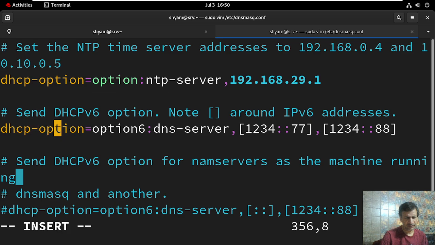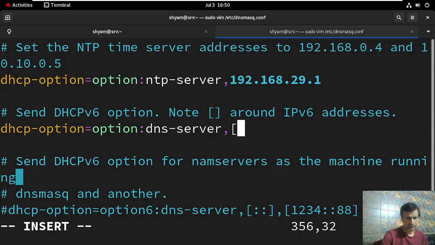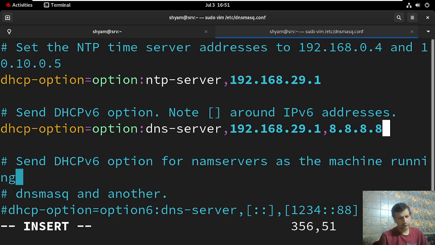So I am removing 6. Suppose I am using an IPv4 DNS server, and I am defining two DNS servers here, right? So I am defining here the first, which is my first DNS server, and after the comma this is my other DNS server. This is the public DNS server of Google. So this way I defined the DNS server, and